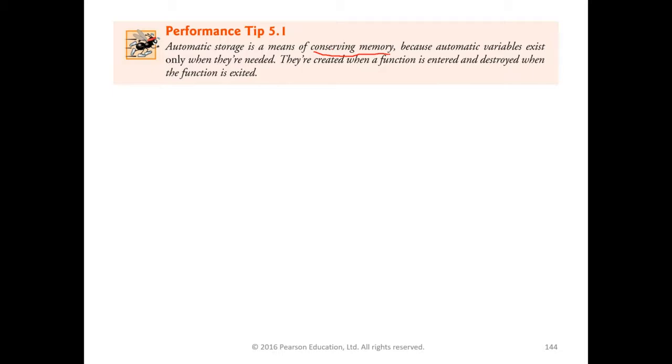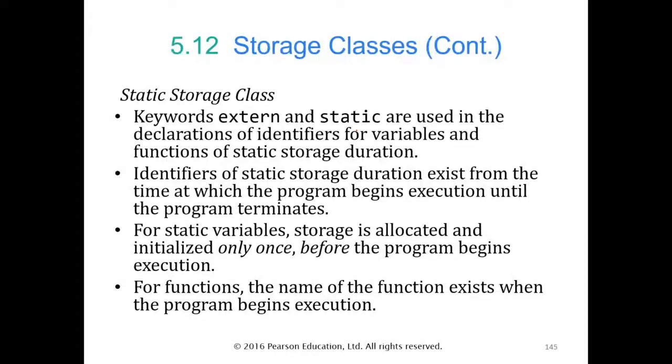Because if we are allocating memory locations to variables that we don't really need to use, then it will end up being a waste of memory. So we don't want to do that. That's why the default storage duration of local variables is automatic storage duration. Okay,